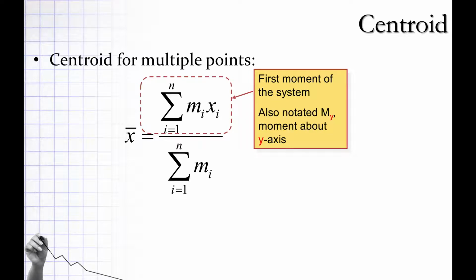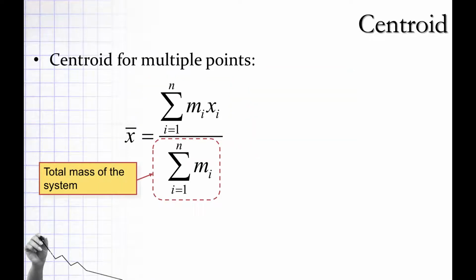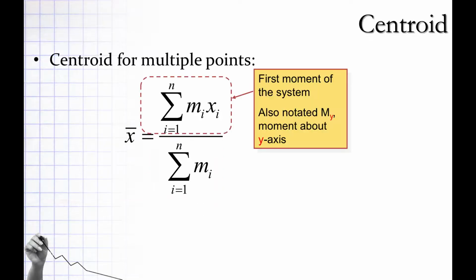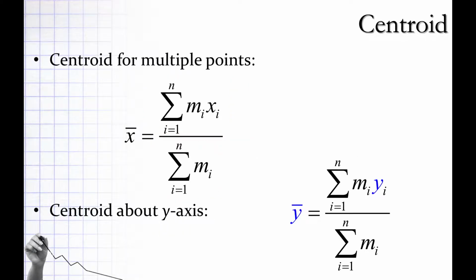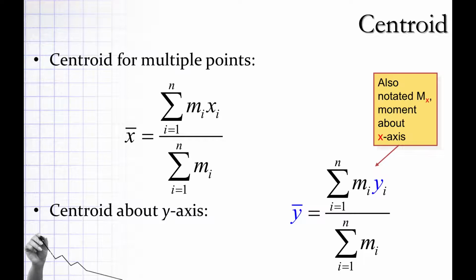And this is called the total mass of the system. Boring, we've already talked about that. Now, why am I talking about this being the moment about y? Because we're going to have a moment about x now. If I want a center of mass, and we're talking about both x and y coordinates, then to find the y coordinate for our center of mass, we're doing the same thing, except now we have to find the moment about x. So our mass times distance, how far we are away from the x-axis with each of those masses, over the total mass.